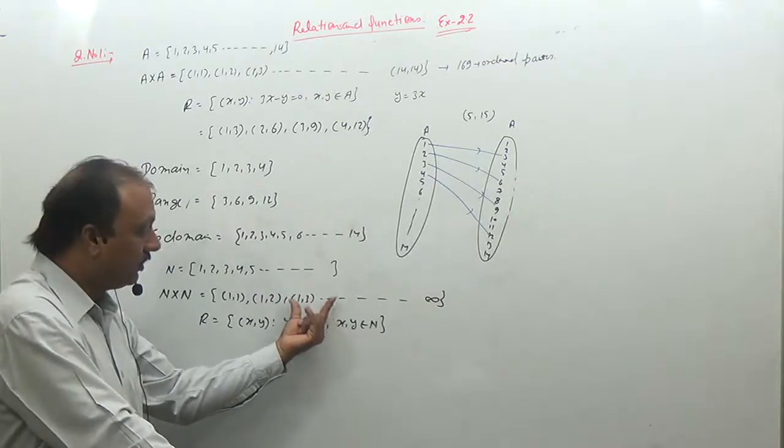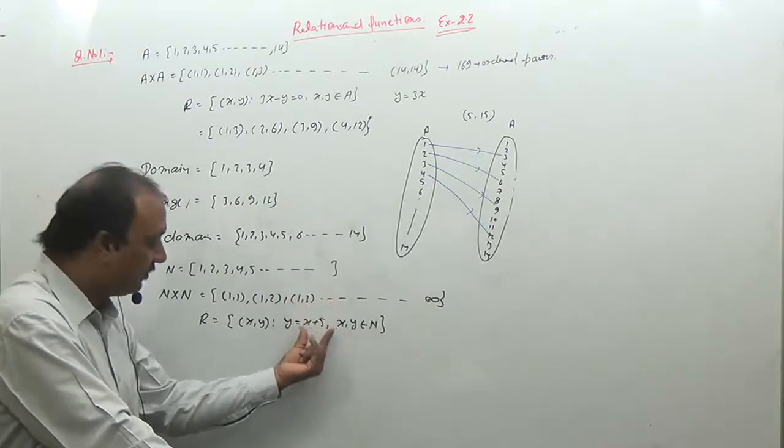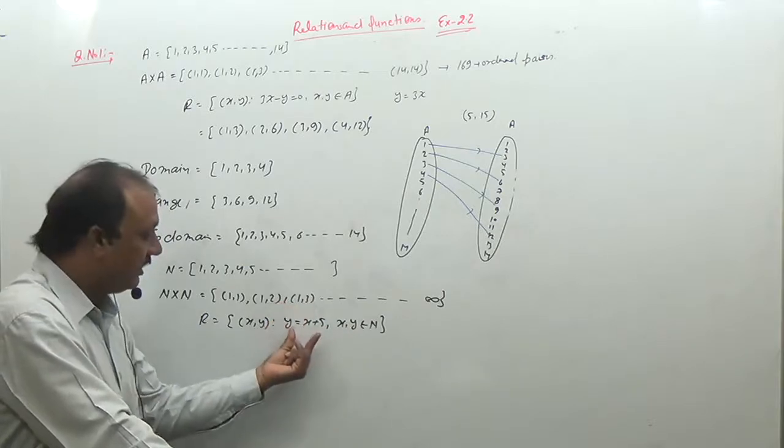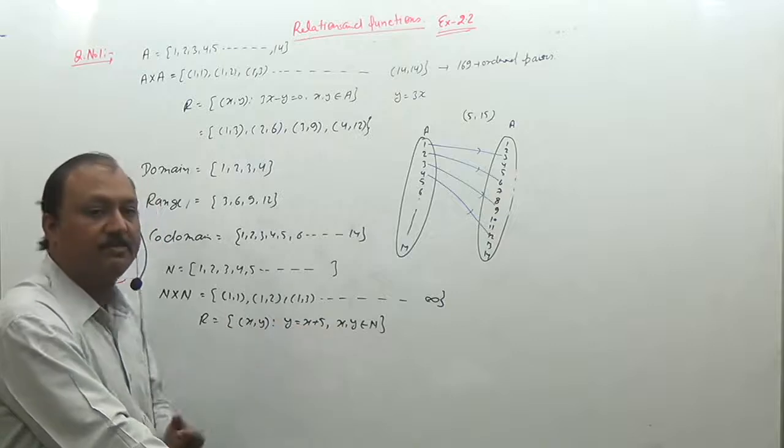We select all those ordered pairs of N cross N which follow this. यानी ऐसे ordered pair यहां से select करें जिसके अंदर सेकंड नंबर पहले नंबर से 5 ज्यादा है।